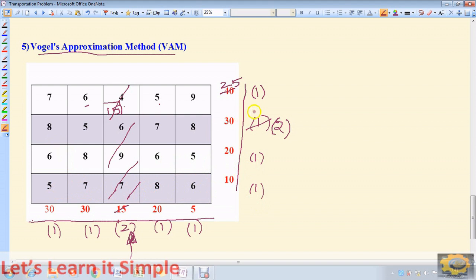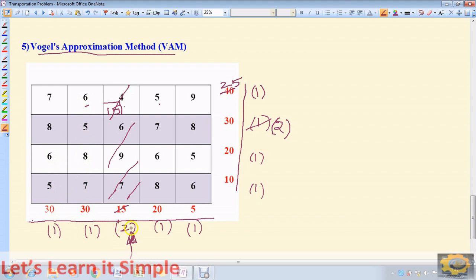Now move to the columns. After finding the new difference between the least cost and next least cost, after striking off this column, we have only one change here, whereas the rest of the differences remain the same. In the first column, since column 1 is not struck off, 5 and 6 remain the same. I mean the least cost and next cost remain the same. Therefore we have 1 here, the difference between 6 and 5. Second column, the difference is 5 and 6, again 1 here.